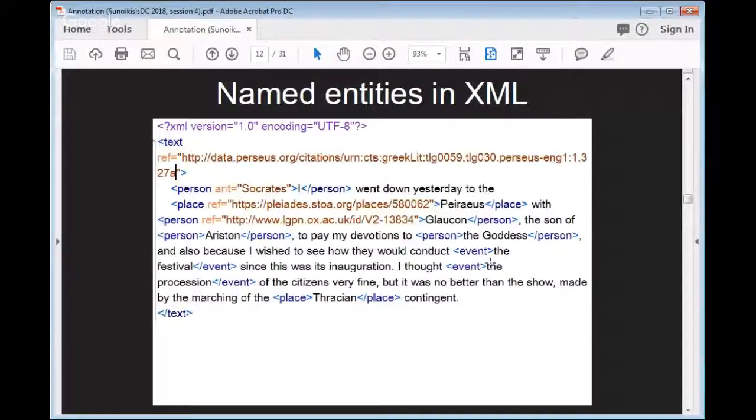And so the annotation both has a location in the text and has some content that we're adding. The content in this case combines the element, which says this is a person, and the attribute saying that this has an antecedent, which we can expand in some way. Okay, and so the annotation has, as I say, those two parts: it has a place and it has some semantically structured content.